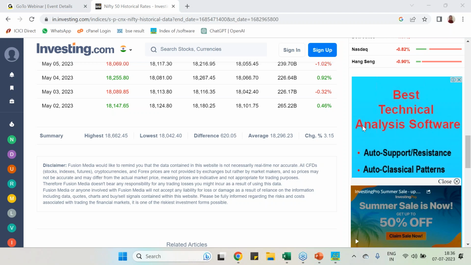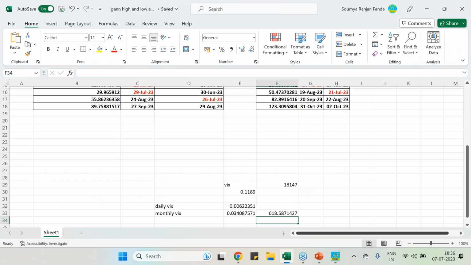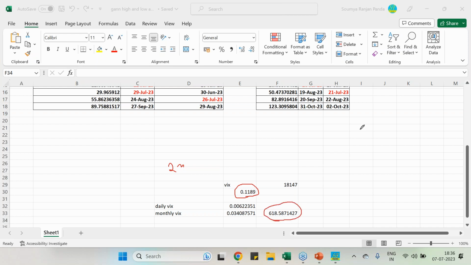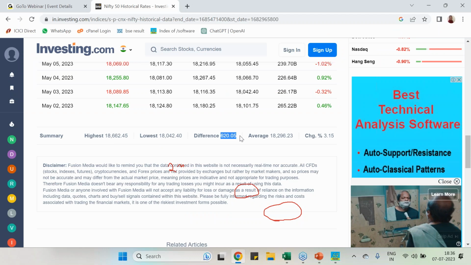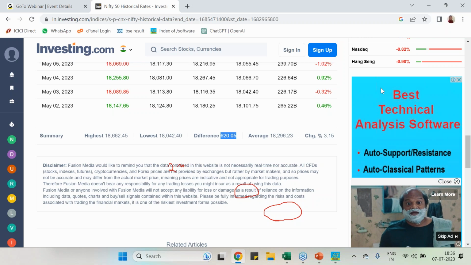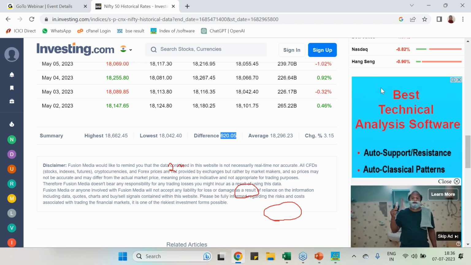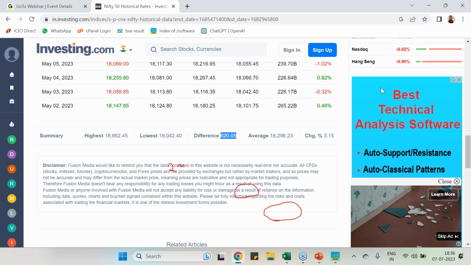VIX तो बताया था हमें। VIX क्या बताया था? 618 points monthly movement होगा। So it has told on the first date, second of May, VIX was 11.89. It said your Nifty is going to move in a band of 618 points। तो कितने points का move हुआ? देखो high ये बना, low ये बना, 620 points का move हुआ या नहीं। VIX जो बताया था on May second, it has happened or not, happened।